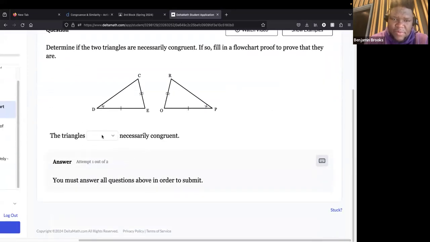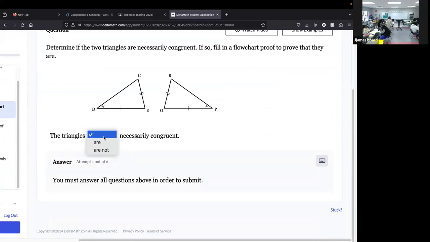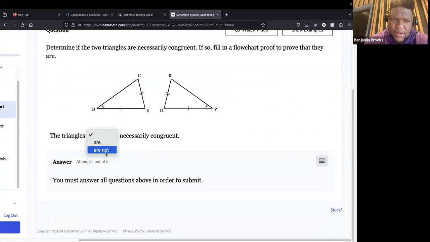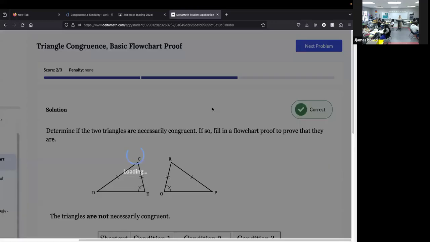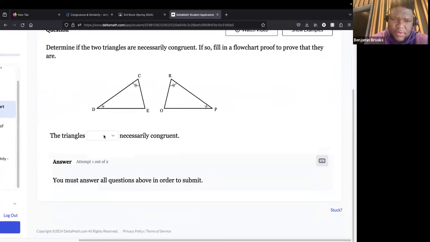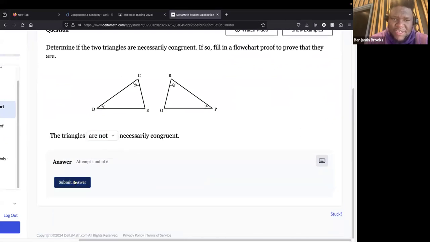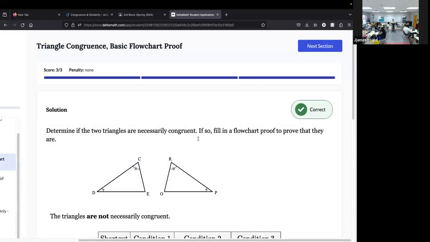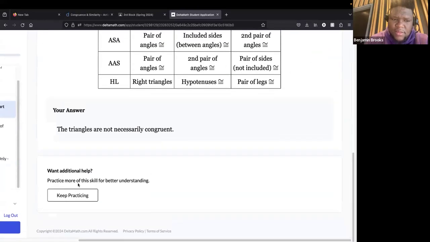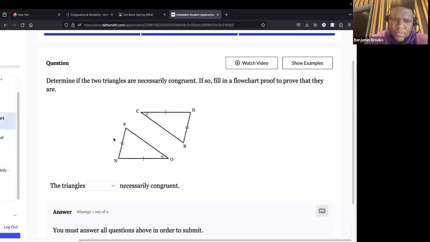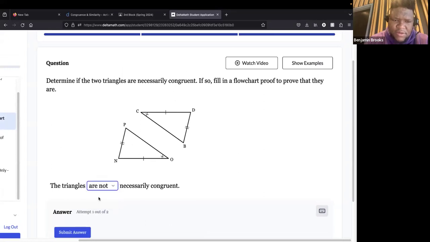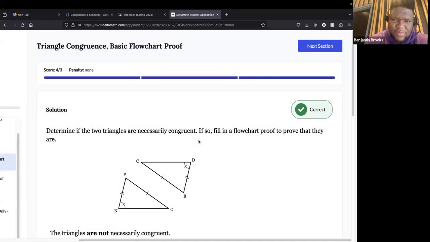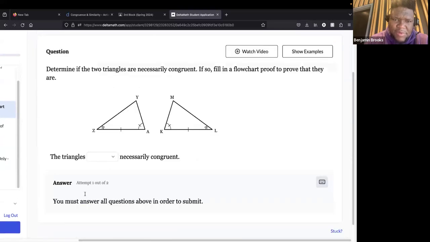So, for example, if I wanted to do this one, let me pull up another one. Oh, these are not. Hold on one second. A bunch of these just aren't. Hold on. I'm just trying to get to a problem that gives me